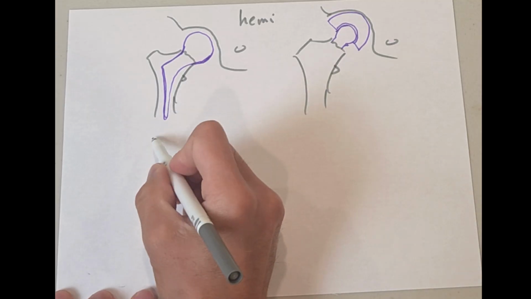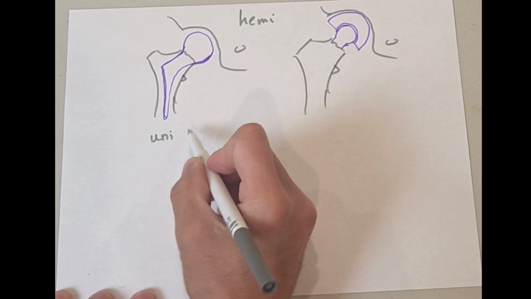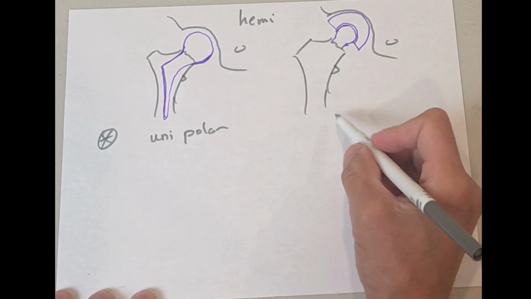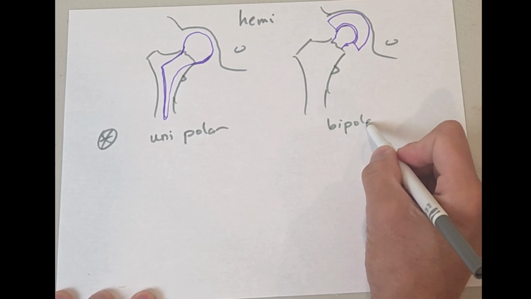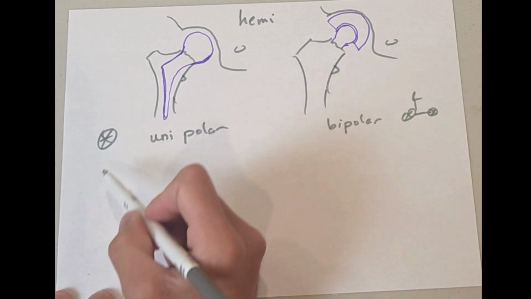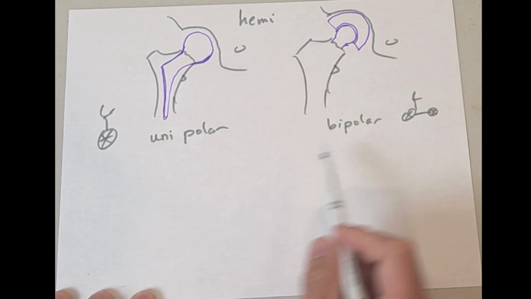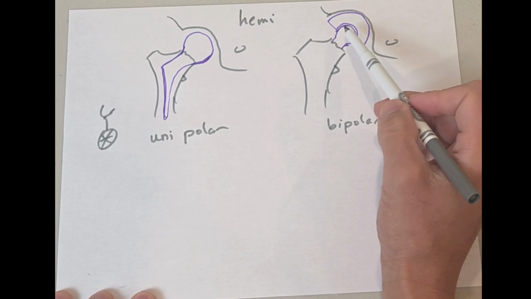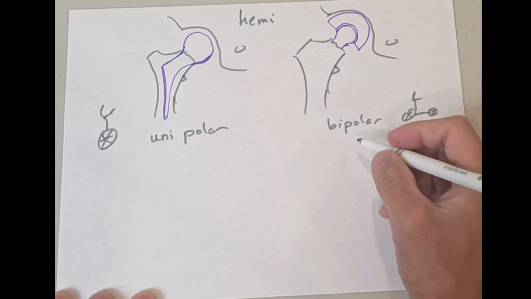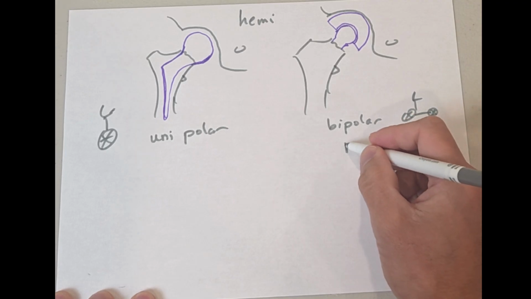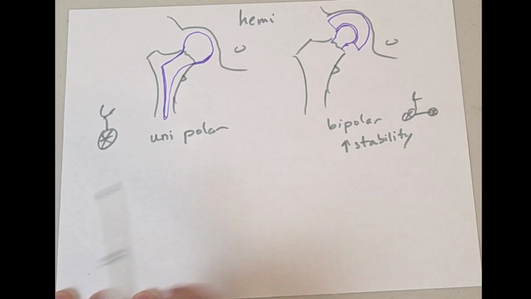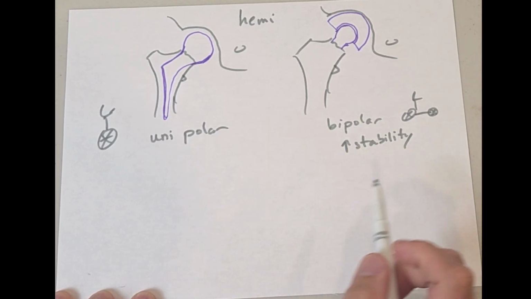We call this first one unipolar, like a unicycle, like one bike. And then we call this a bipolar. It's like a bicycle with two wheels. Here's my bike. Here's my unicycle. So a bipolar hemiarthroplasty is a ball within a ball, and a unipolar is just a ball. The theoretical advantage, more stability. I say theoretical because actually when they did the studies, it made no difference. So this is a theoretical